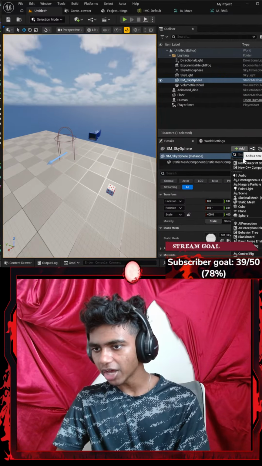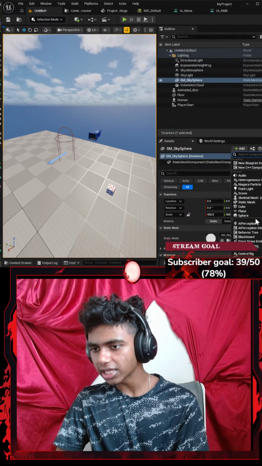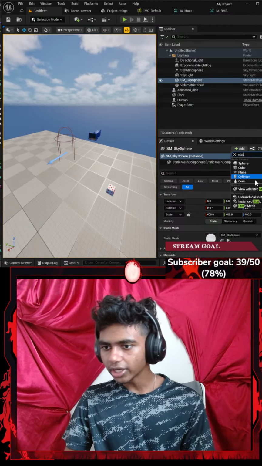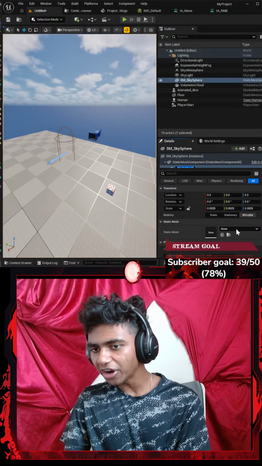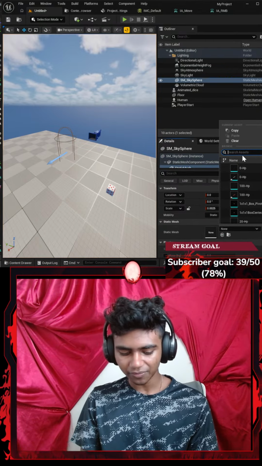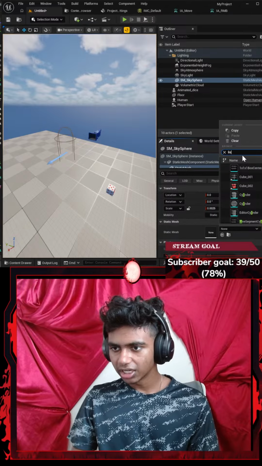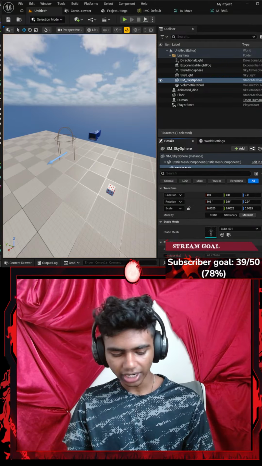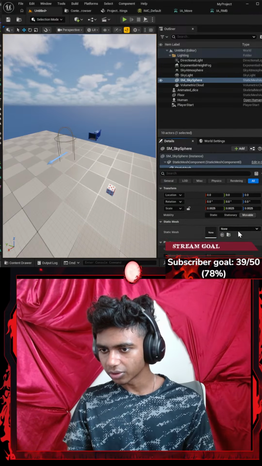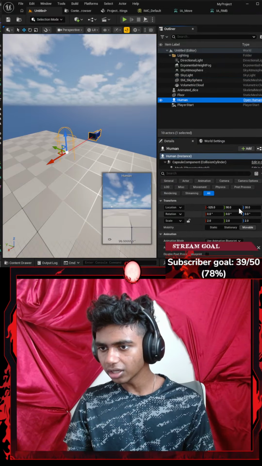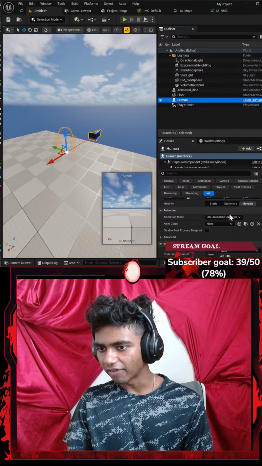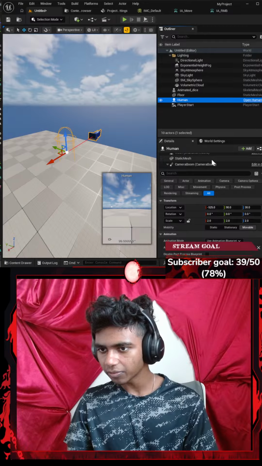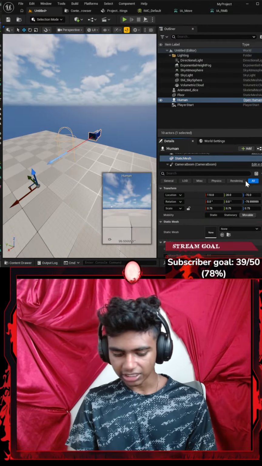Let's go ahead and add a mesh. I'm going to add a static mesh. There we go. Okay, I'm going to add, I don't know, maybe I might go with my Lisa. This is the mesh that I made as well. Okay, let's go ahead and add that. Wait, where did I even add it? Hold on, guys. Let's go with Control Z. I'm going to go to my human. Now my human has a camera here, but I'm going to add a static mesh. Do I have a static mesh? There we go. This is going to be my Lisa's mesh.